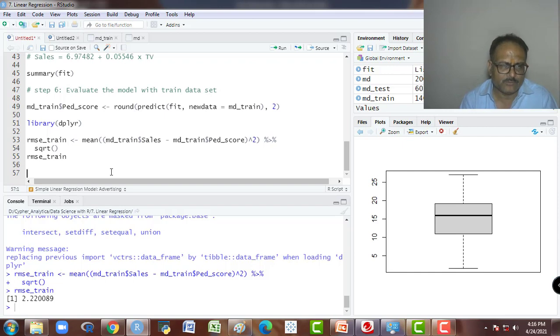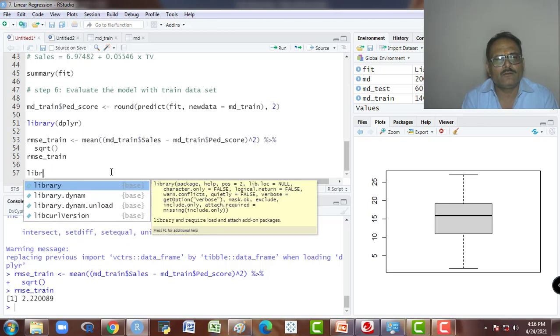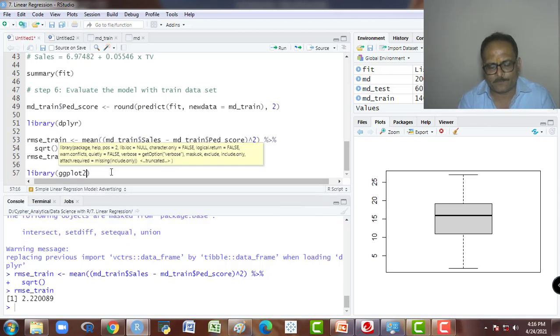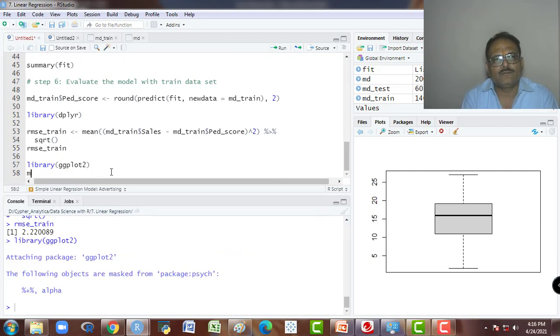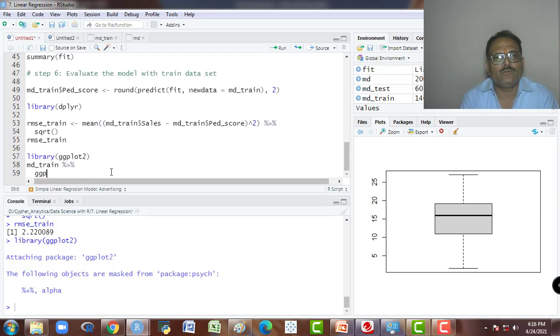One more thing I would like to show you, one graph. I use the library ggplot2 for visualization, and here I make one plot of the MD underscore train dataset using ggplot. In the aesthetic, on the x-axis I am using sales, which is the actual sales we have, and on the y-axis the predicted score.